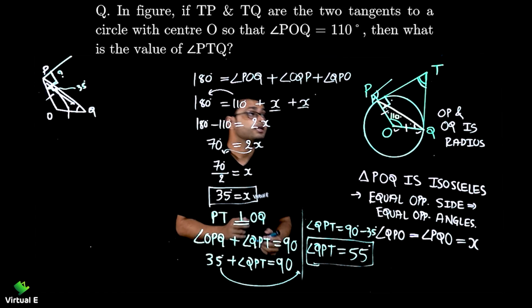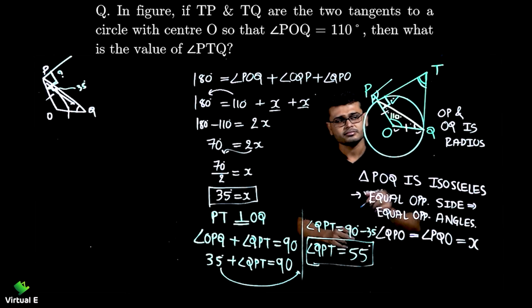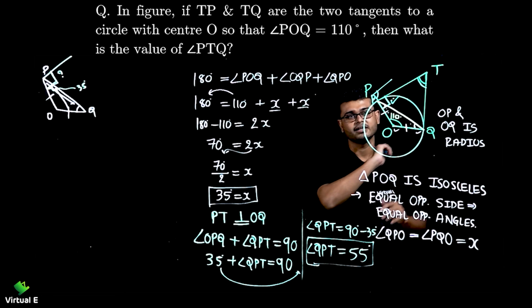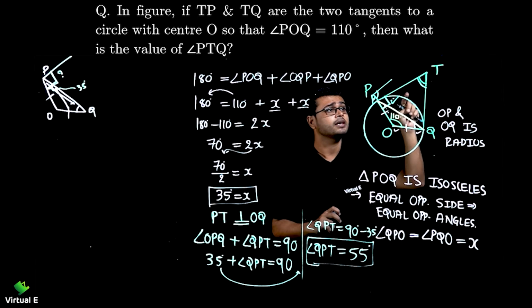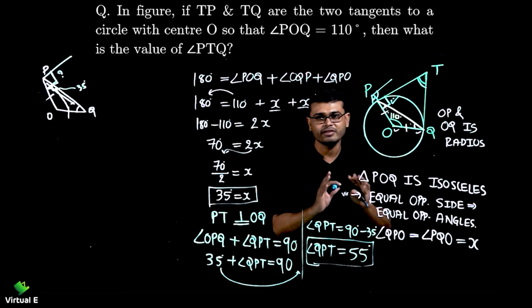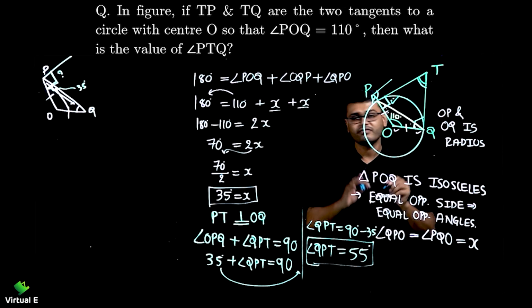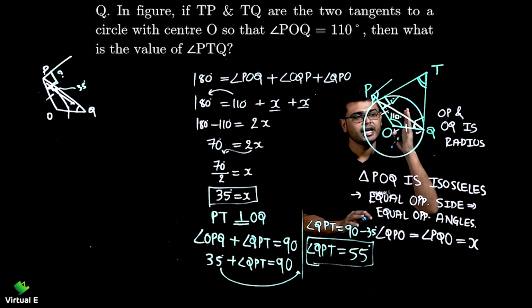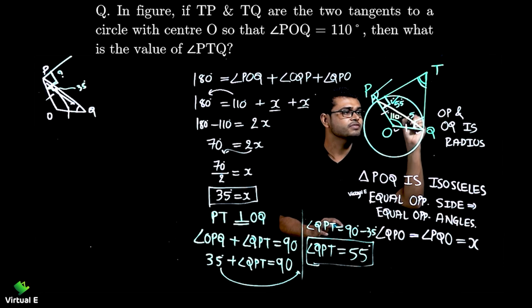But now you must be thinking, in this triangle, I have only one angle. These two angles are still missing. Now how can we get these two angles? Okay, we want to find this angle only. So to find one unknown angle, you should have at least two known angles. Then only you can find the third angle, right? So how can we get this angle? We can find it in the same manner. You subtract 35 from the 90 and you are going to get 55. So this is 55 and this is 55.